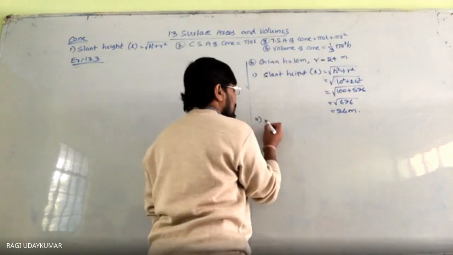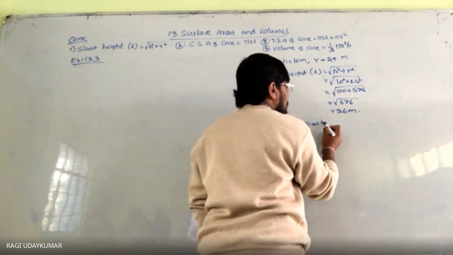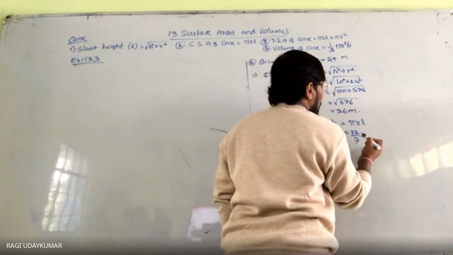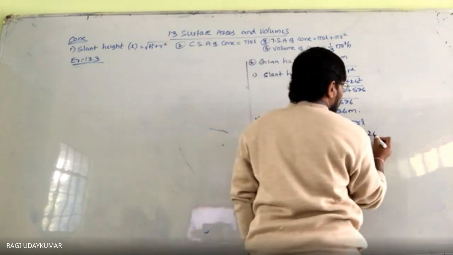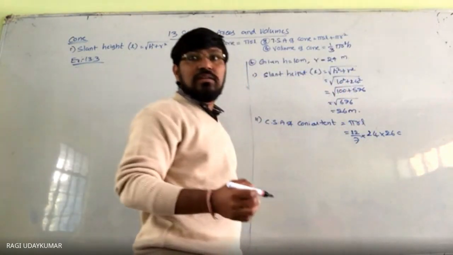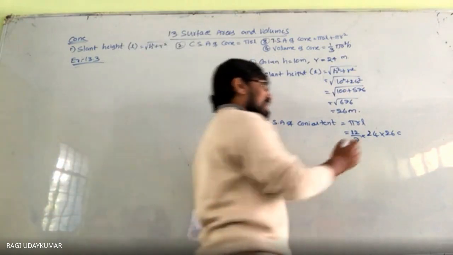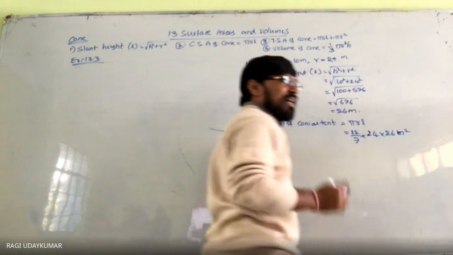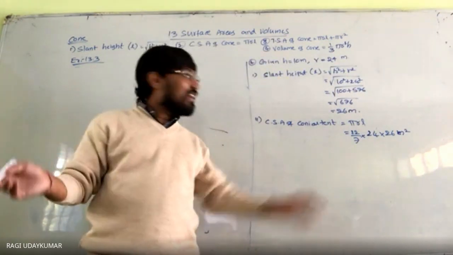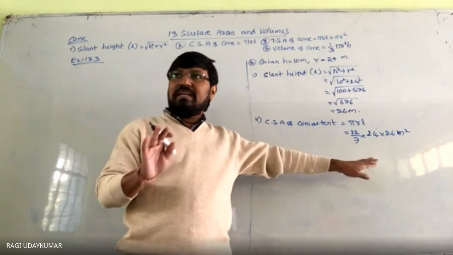The next second question is curved surface area of the conical tent. That is a tent actually. So which is equal to pi r l, and pi value is 22/7, and the radius is equal to 24, and slant height is. हाँ, better you leave it as it is, because cost of the 1 meter square is 70 rupees दे दिया है. वो 70 में 7 है, ये नीचे 7 है, तो 7 cancel होगा. So that's why you keep it like this.